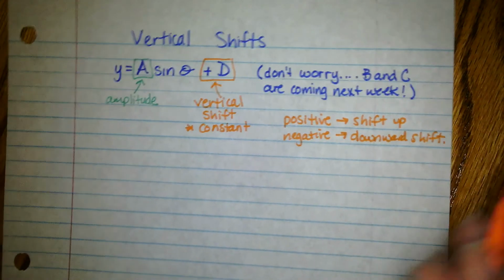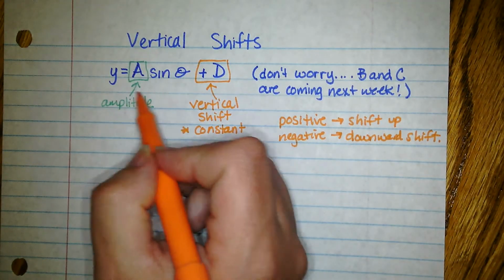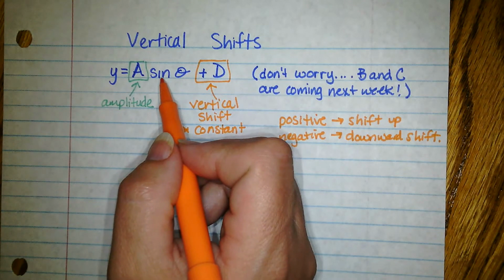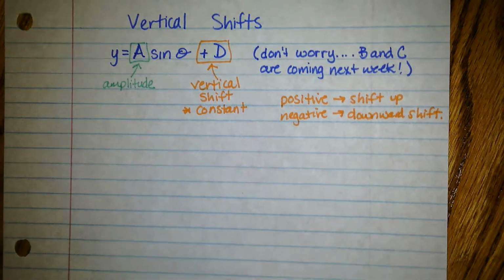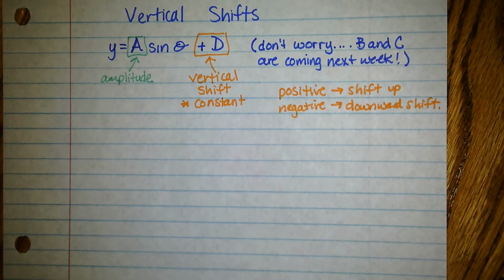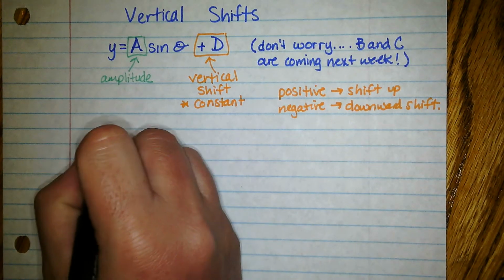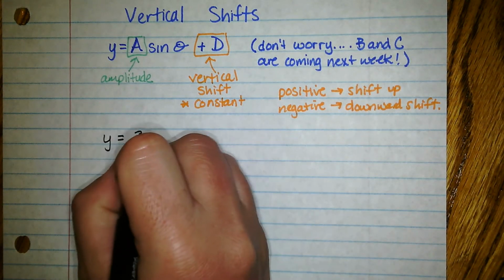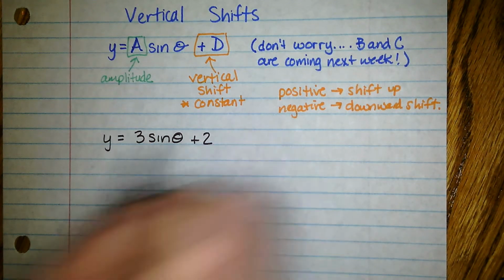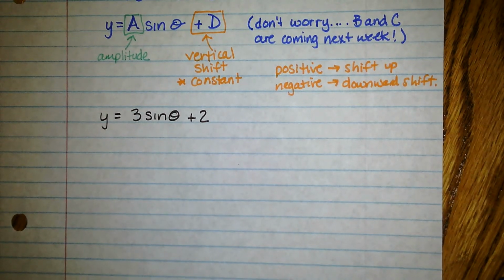Okay, so what we need to do is basically graph whatever our graph is with the amplitude, and then go ahead and do a shift as a second graph on the axis. So let's take a look at what this would look like. If I have y equals 3 sine theta plus 2, what this says is I've got a sine function